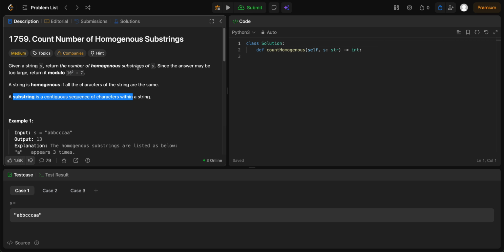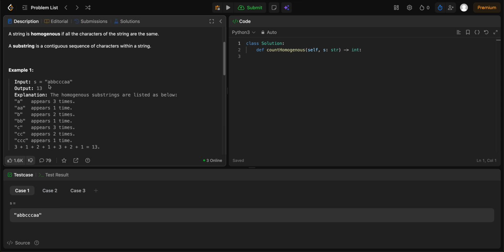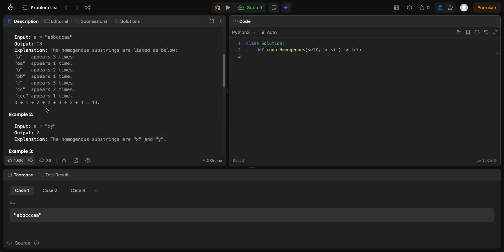Wait, if all the characters of the string are the same. Oh, okay. So essentially we just have to do the counts. And then it's like, okay, so